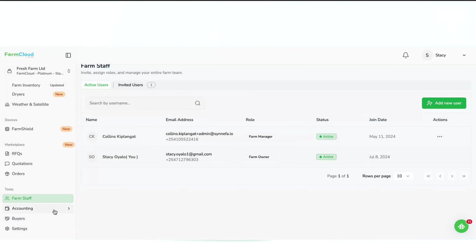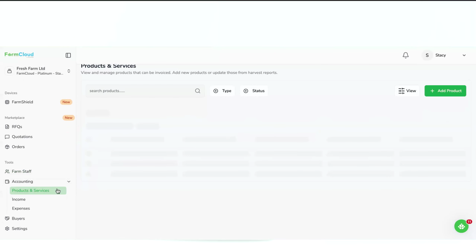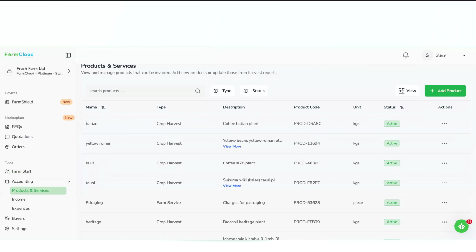Okay. So now let's tackle the last bit, which is going to be accounting. So under accounting, just as the name suggests, anything that involves money inside your account. So under products and services, again, it's anything that generates income inside your farm. First of all, harvest. Harvest is considered a source of income in FarmCloud. So any other service that you may be selling and you're earning income from,